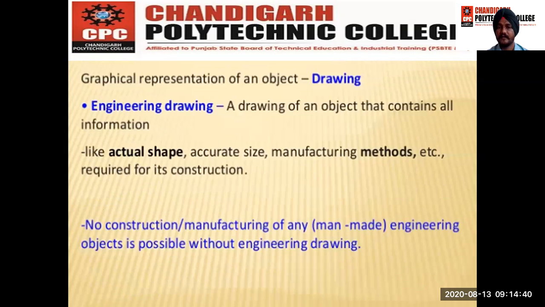First of all, graphic representation of an object. What is drawing? Drawing is a graphic representation of an object. What is engineering drawing? A drawing of an object that contains all information. For example,